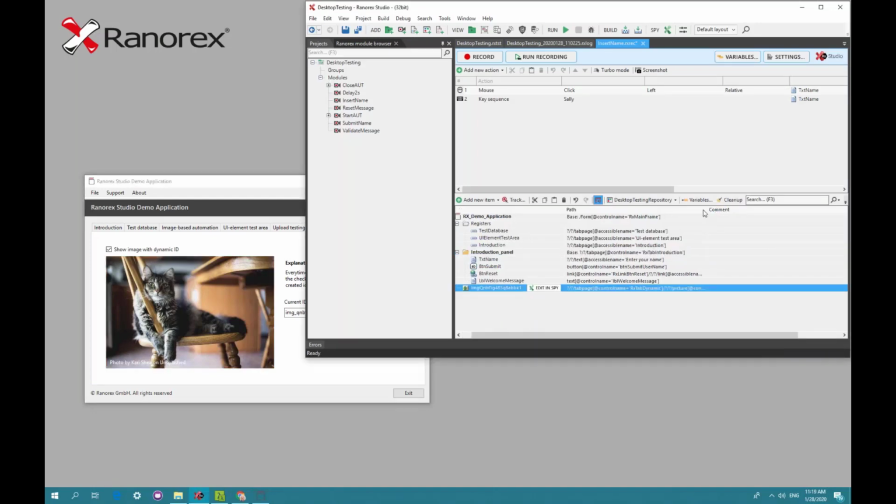So you could see now here. Let me point that out by means of a spotlight. So you could see here, I have tracked now this image, and this image has definitely a dynamic identifier, which